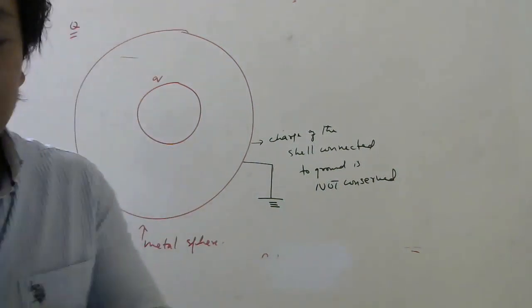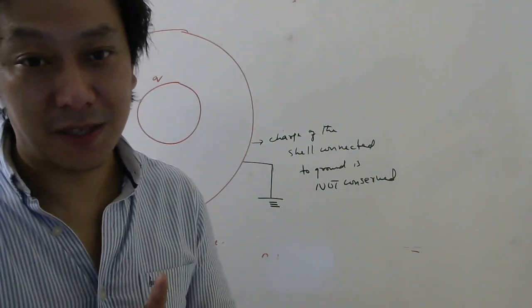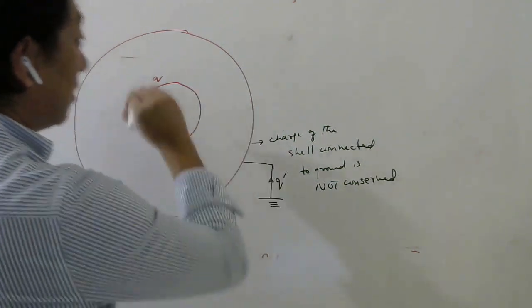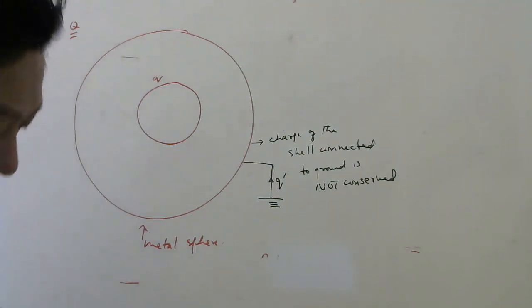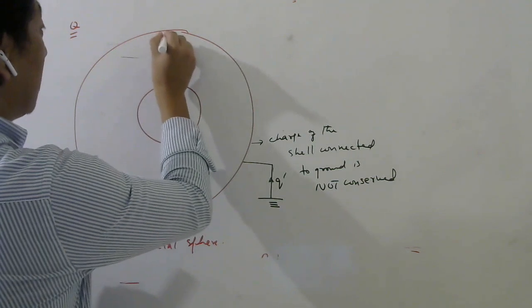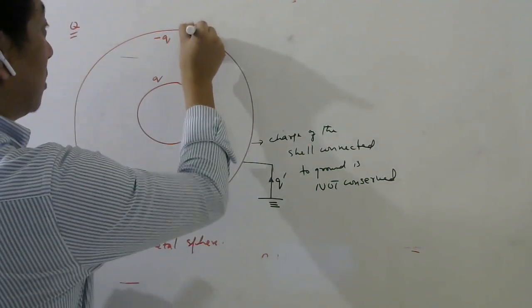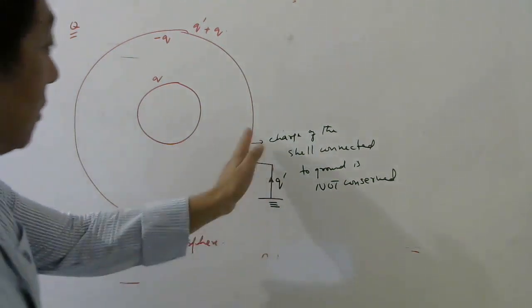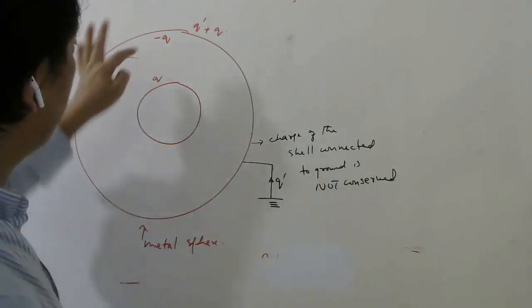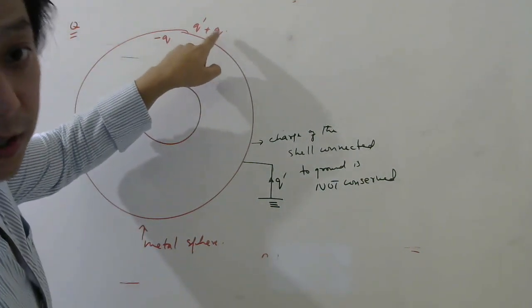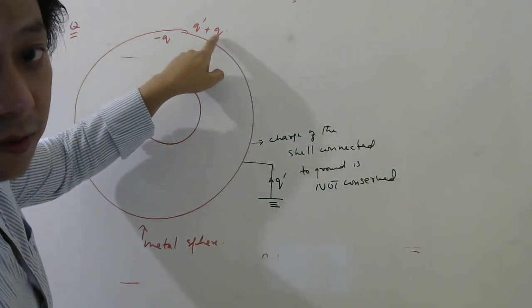What is conservation of charge? The total charge of an isolated system remains conserved. So I don't know how much charge will come. So let us say some q dash charge comes. Then if q dash charge comes, by our previous knowledge, what do you know? If this is q, this should be minus q. Now q dash charge comes, so it should be q dash plus q. Correct? All of you understood this? So q dash charge is coming from the ground, and this is minus q. So q dash is there, and then this minus q and this plus q. Is it clear or not clear how this plus q is coming?